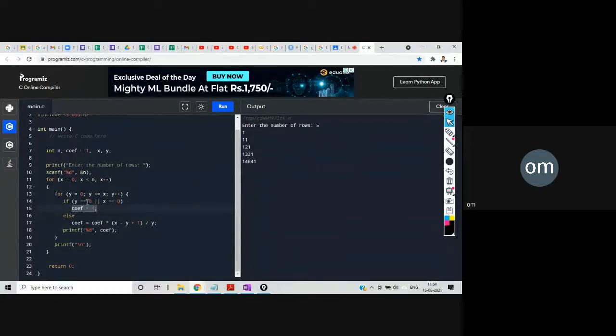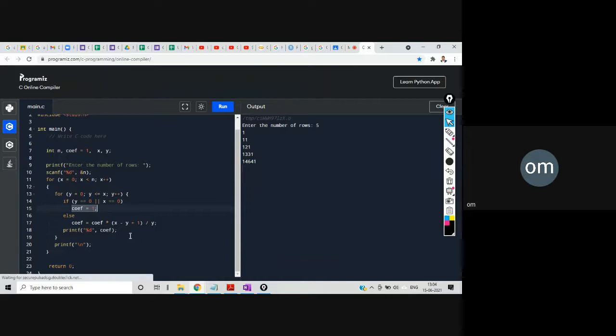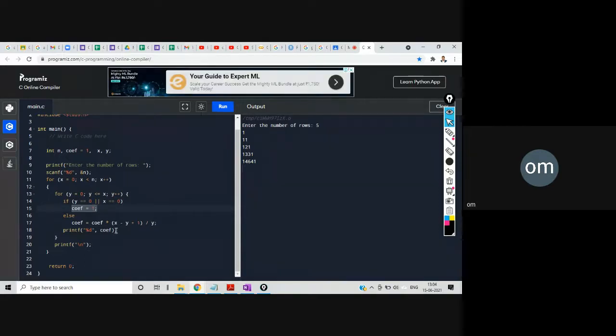Else, if this is not the case, we are going to calculate it by coefficient equal to coefficient into x minus y plus 1 divided by y. That is the formula. If we want to write it in i and j terms, this will be i minus j plus 1 divided by j.